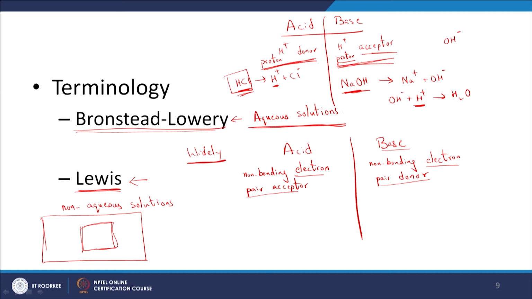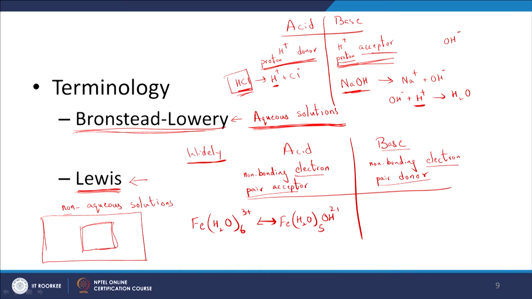We are going to usually be concerned, at least in this class, with the Bronsted-Lowry definition, because we are mostly going to look at aqueous solutions, with water as the solvent. When we have non-aqueous solutions, you can look at Lewis theory, which is the more generic definition. We can look at one example here, and that is Fe(H2O)6 3 plus. That is going to dissociate into Fe(H2O)5(OH) 2 plus